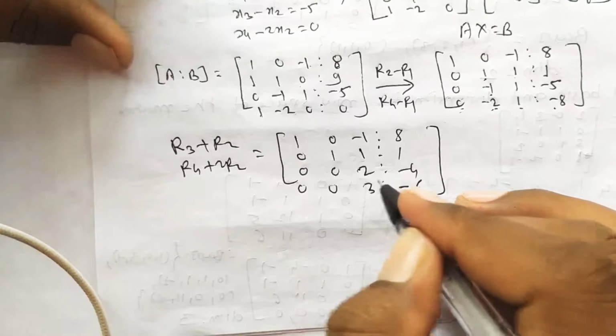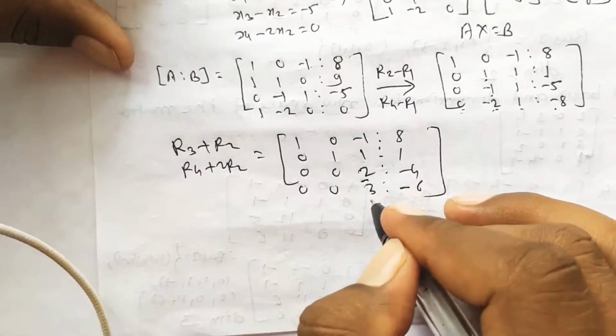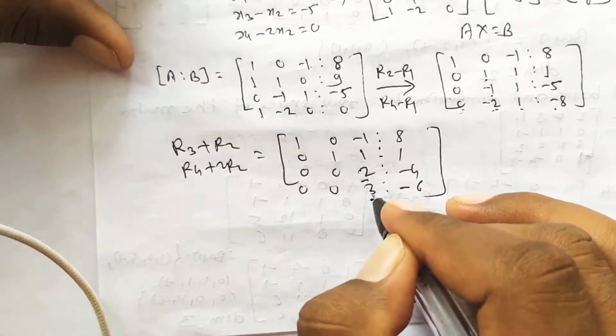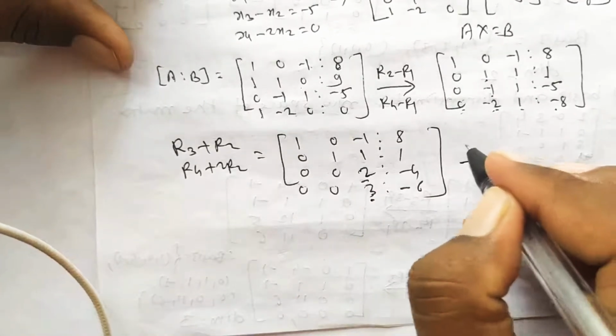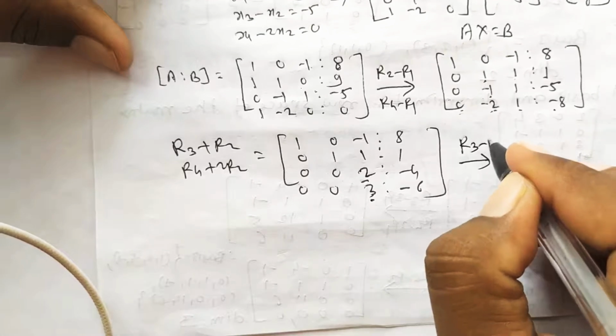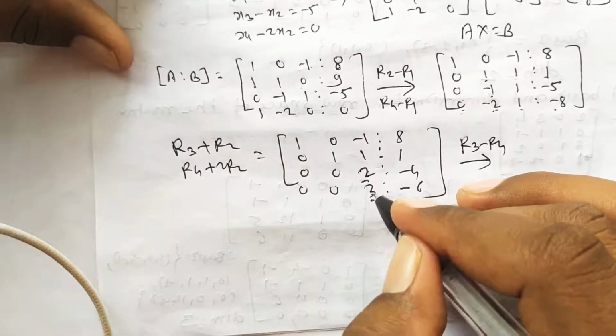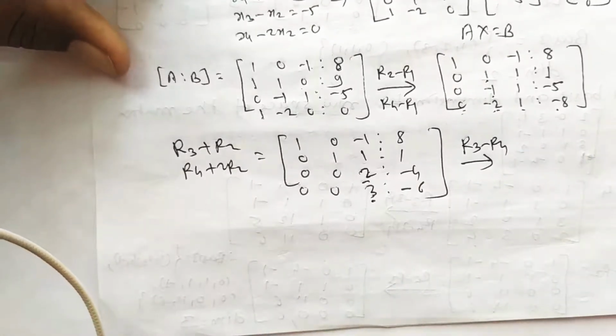Okay, and then third diagonal element is this. We have to make below this 0, means we have to make this 3 equal to 0. For that we want here 1. So use operation here R3 minus R4, because if you use 2 minus 3, then we get minus 1. So if you use R3 minus R4 here,